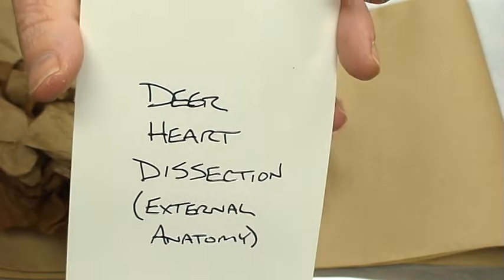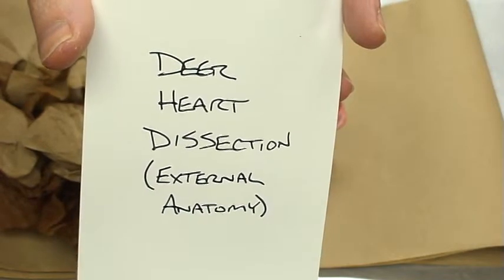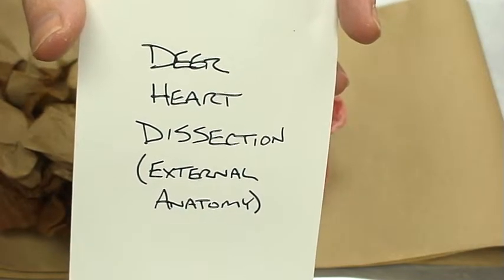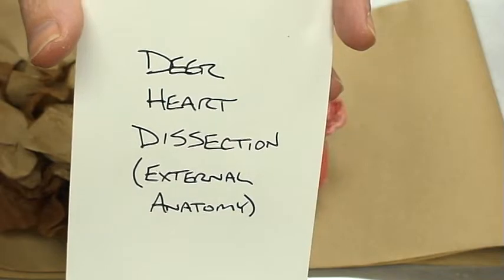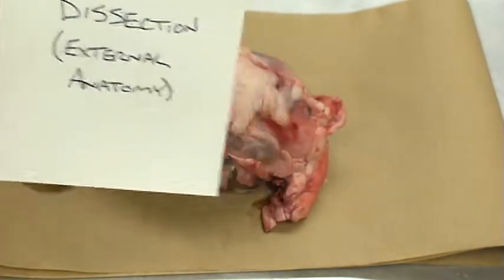I will be breaking down this dissection into two parts. First of all, the external anatomy of the heart, and secondly, the internal anatomy of the heart. Let's take a look at the external anatomy of the heart first, and I like this one because it has